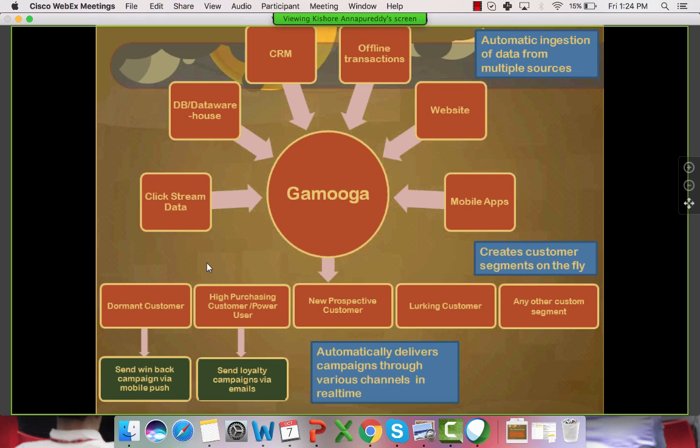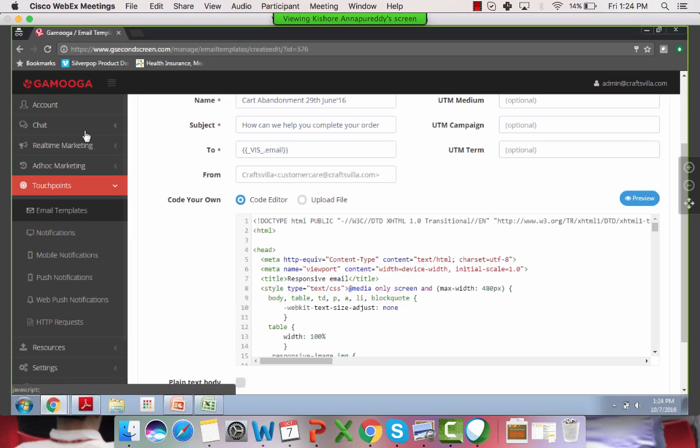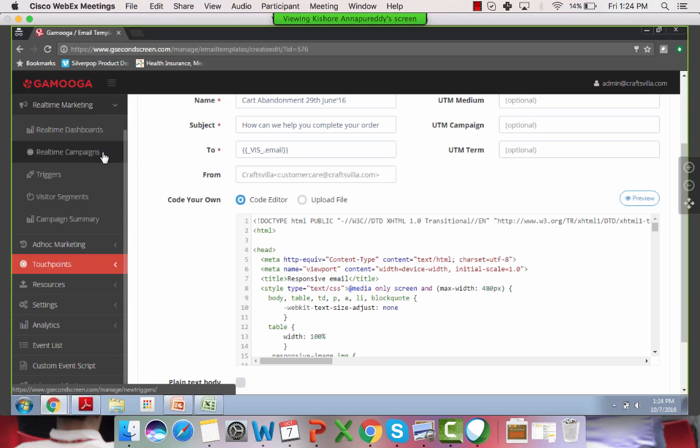Yeah. So as all the data is being collected into the system, you can define the customer segments and do promotions at them. As mentioned before, you can plan journeys, and Gemuga listens to those journeys and you trigger a campaign. And the other kind of campaign is an ad hoc campaign or batch campaign, where you define specific segments of customers and you want to blast out a campaign. So in the journey builder itself, we have that capability built in, where we are saying